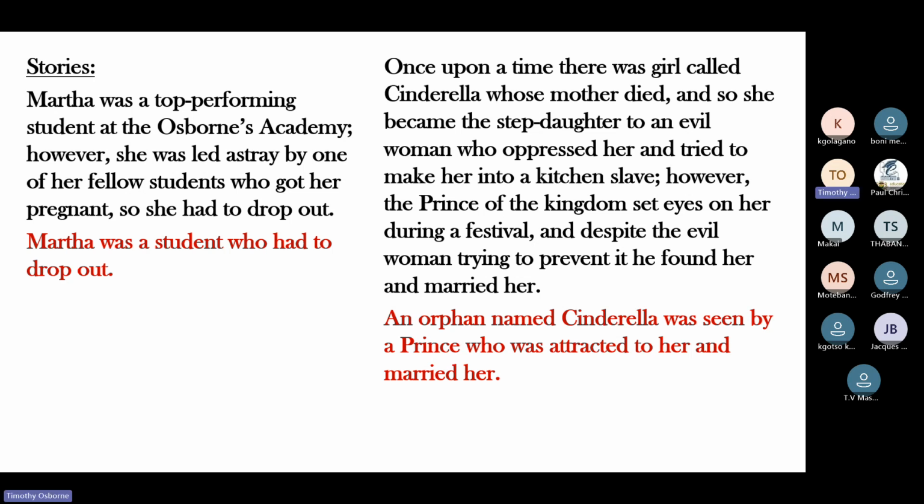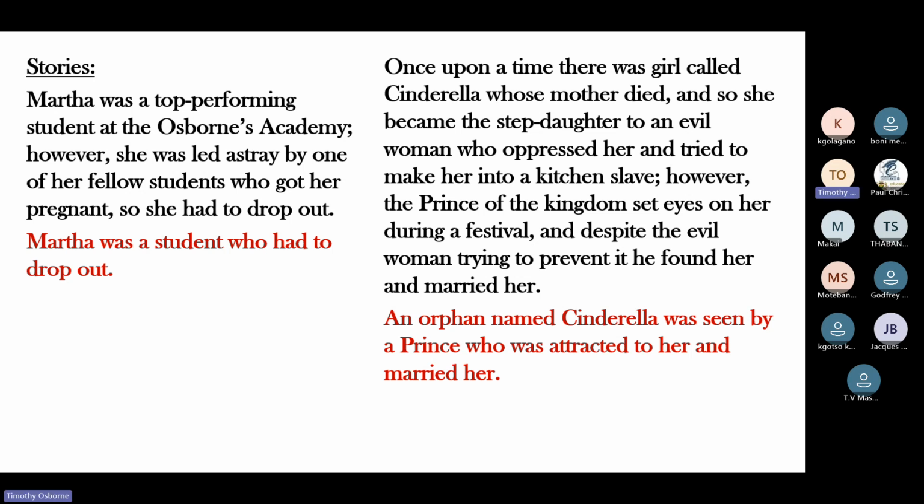And there we have, Martha was a top performing student at Osborne's Academy. However, she was led astray by one of her fellow students who got her pregnant, so she had to drop out. And all that's saying is Martha was a student who had to drop out. Right? Then you have